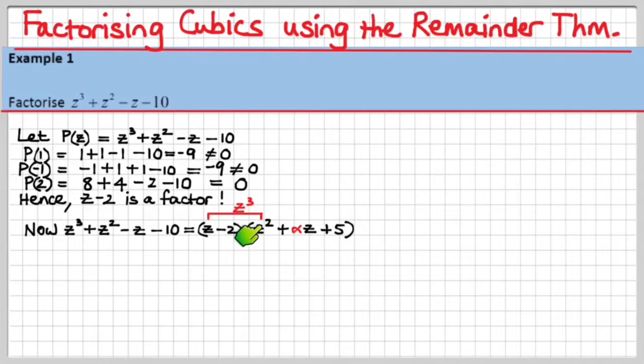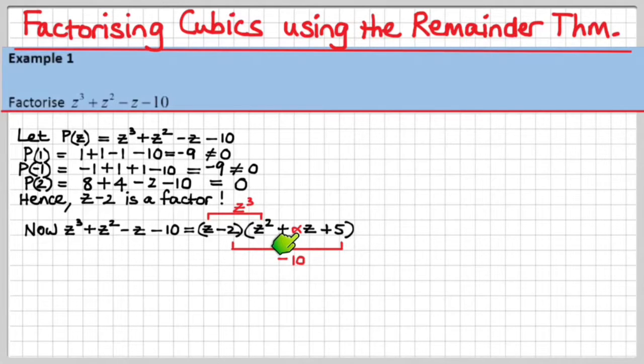So this has got to be z squared. Similarly, I know that the two trailing terms, that's this one and this one, must multiply together to give minus 10. So if this is a minus 2, that has to be plus 5. So the only one I don't know is this term here, which I've called plus alpha z,